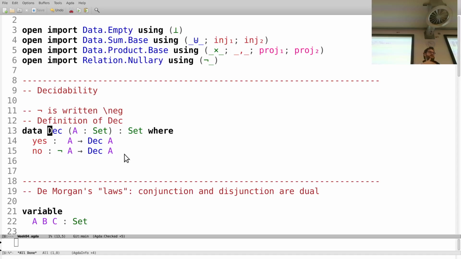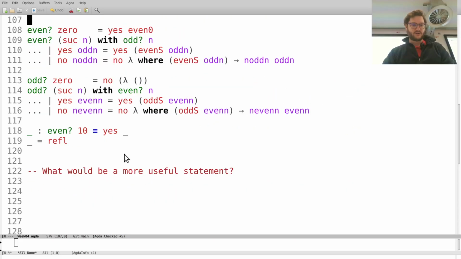So a more principled decision procedure would be to say, well, not only can I decide which one you are, well, not decide, but I can produce a Boolean that will tell you what the parity of the number is. So instead of saying, for any Boolean, I can tell you whether you are of this parity, you could say, I can compute a Boolean telling you what parity you are. So that would be something like this, parity. So it's taking a natural number